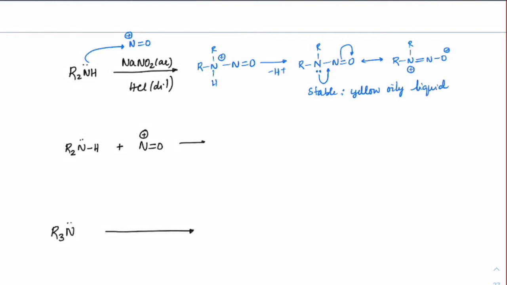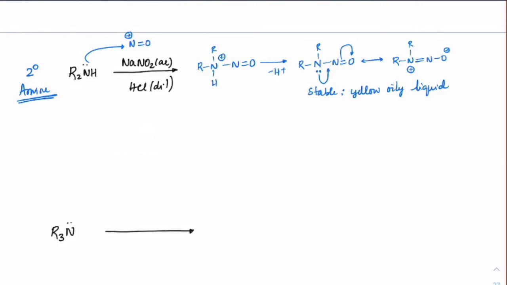Okay. Oily liquid as in it has strong intermolecular forces because of the charges which are present, and it would have strong attraction between the molecules and it exists like an oily liquid here. Got it? So a yellow oily liquid formation will confirm that it is a second degree amine. Okay. Next,